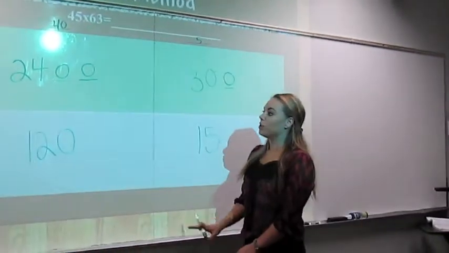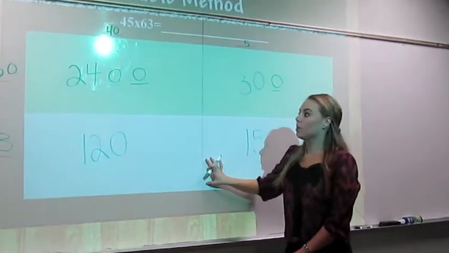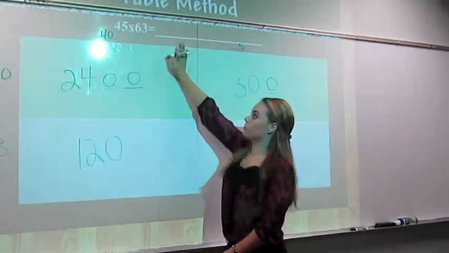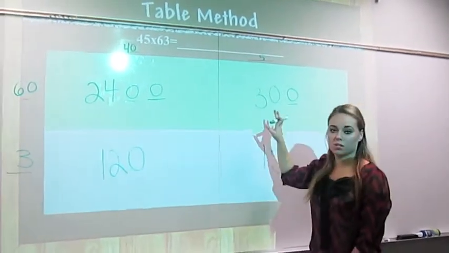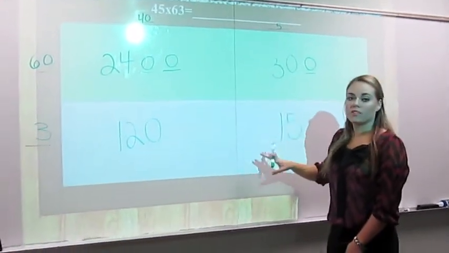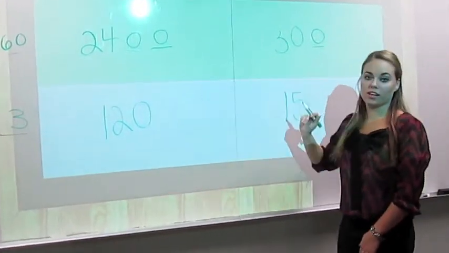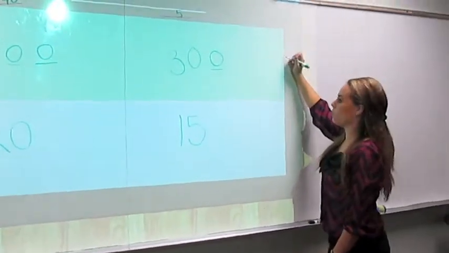Well, we are going to add all these numbers together in order to get our final result for 45 times 63. And we can do this because we broke those numbers apart previously, and so now we have to add them all together again to get our answer. We're going to do that right over here. We're going to add